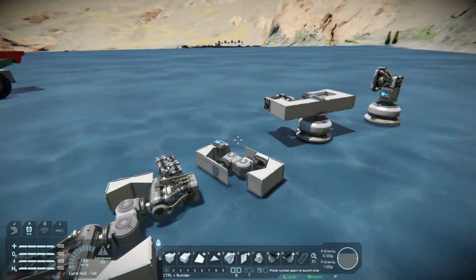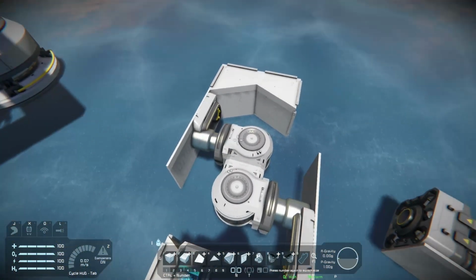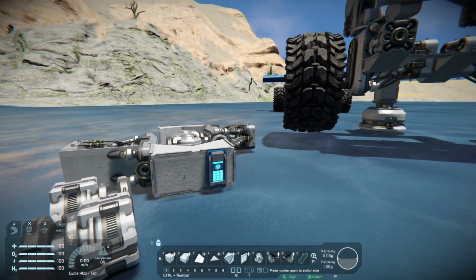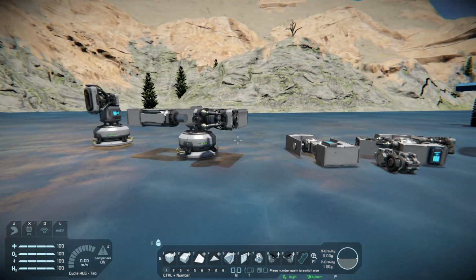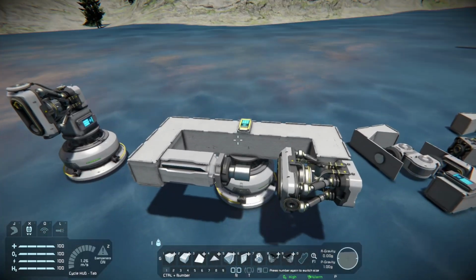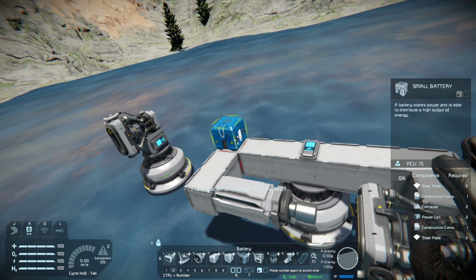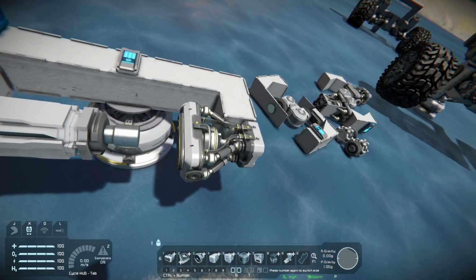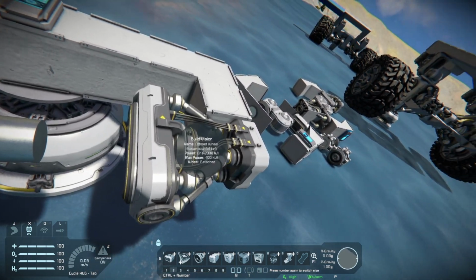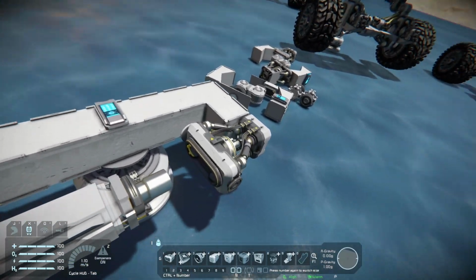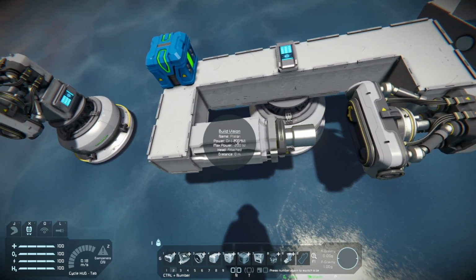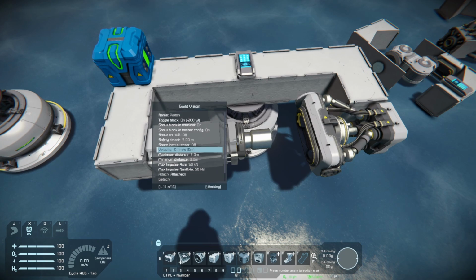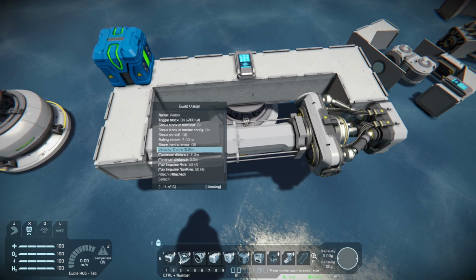And then, yeah, I was going to talk about how I actually make these wheel suspensions, or the rotor head suspensions for those who don't know. And there's two main methods that I have found to be able to do it. The first one is your build vision method. So you get your off-road wheel or your wheel suspension or whatever block, one of those, and then you get a piston and you shove a rotor on the end of it. And it's as simple as you extend it and penetrate it into your actual wheel suspension,